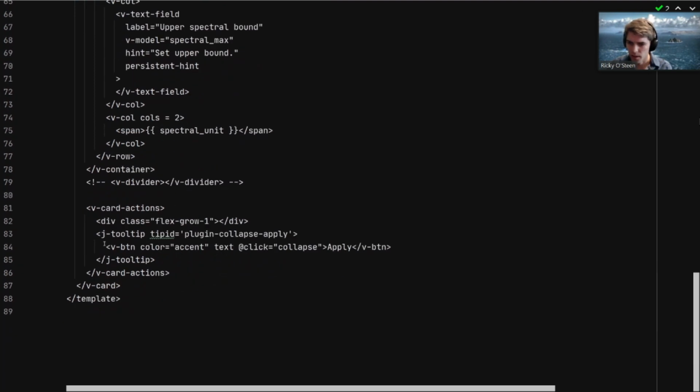So if I scroll down here, we wrap this in our custom little tooltip class. So when you hover over the button, there's an informative tooltip that tells you what it does. And then there's a v-btn. This is just a Vuetify button class with our accent color, which is orange. The text is apply for the button. And the important thing here that I wanted to show is that this @click behavior, so this is what happens when we click the button,